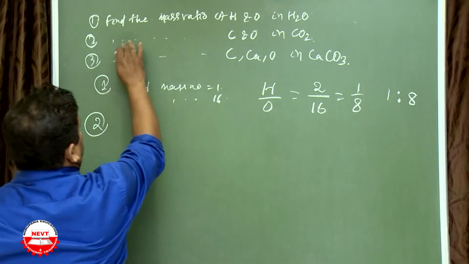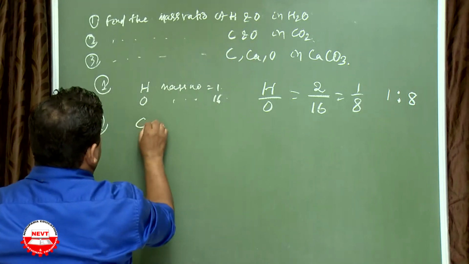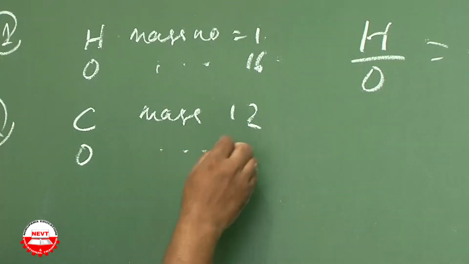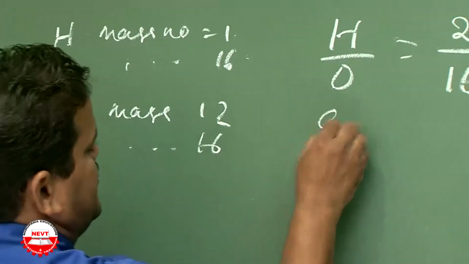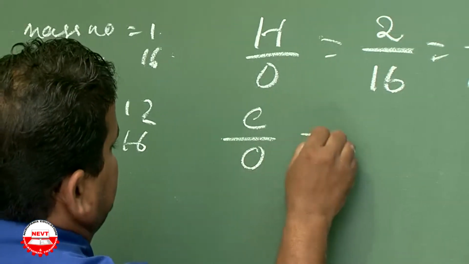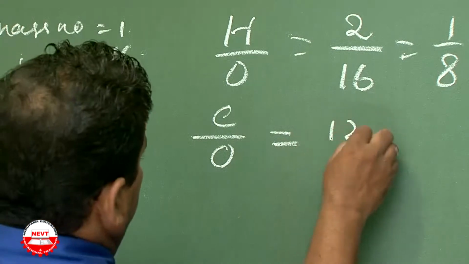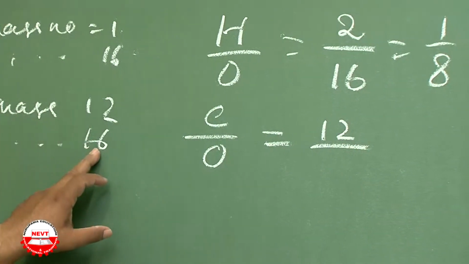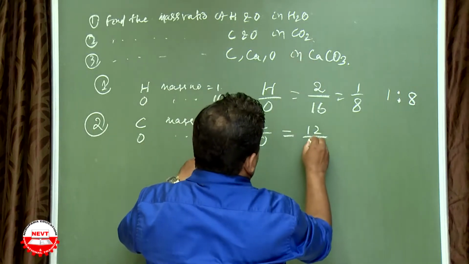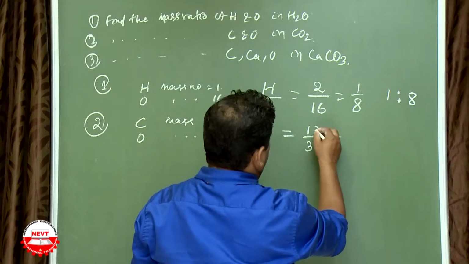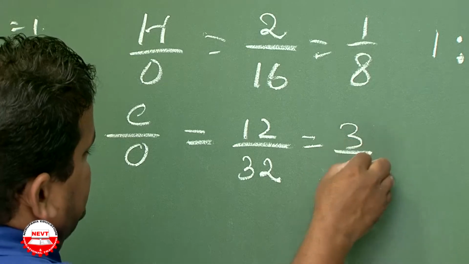Number 2, mass ratio of carbon and oxygen. Carbon has mass 12, oxygen has mass 16. So the mass ratio of carbon and oxygen in CO2 is 12 by, this is 16 into 2 because O2 is there, that is 32. That is 12 by 32, which is equal to, cut it by 4, 3 by 8, or